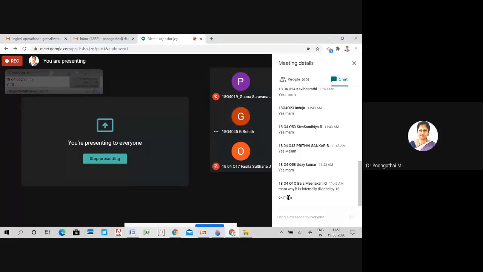Okay. So the main purpose is, suppose your IO port is not used for any IO operation or external memory is connected, this ALE is used to demultiplex the address and data bus.